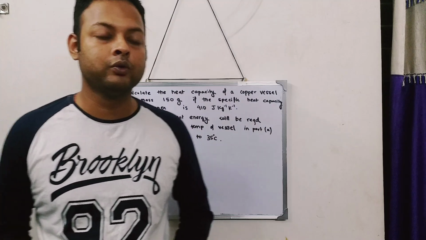Numericals play a very important role in this chapter. In the board exam, whatever questions come from section B of this chapter are basically numericals only. You won't find any direct question or any reasoning question; those are the 1 or 2 marks questions given in section A. But mostly a 4 marks question will definitely come every year from the chapter calorimetry.